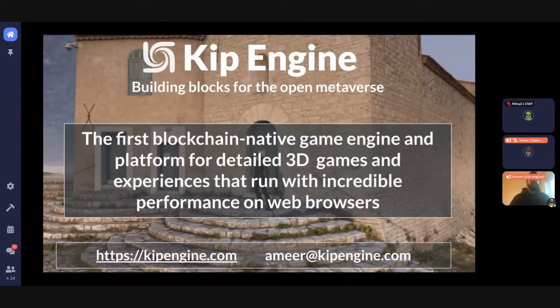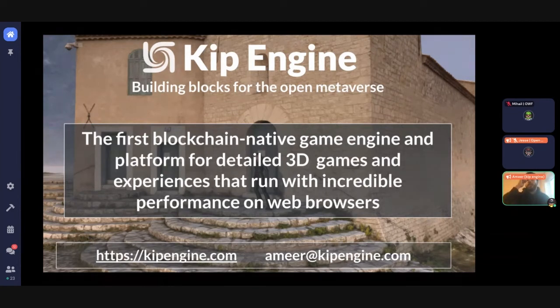The metaverse needs that permissionless infrastructure, and that's what we are building out. It runs with incredible performance as well. The graphics that we create using this engine are unparalleled.